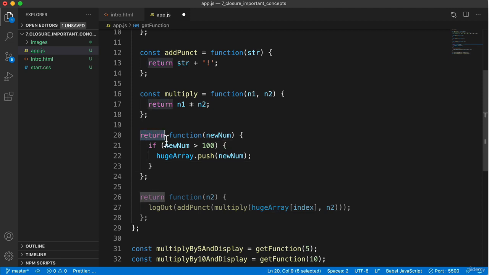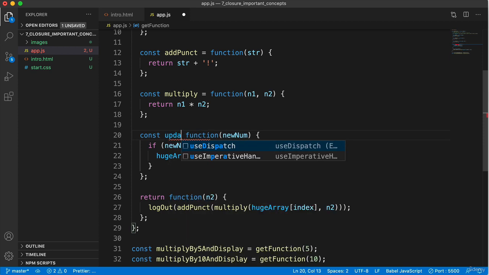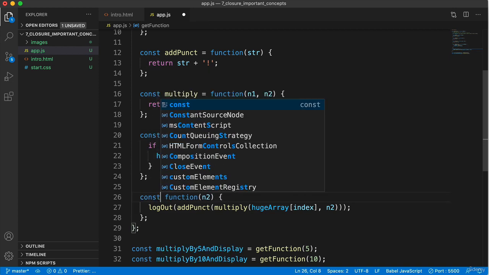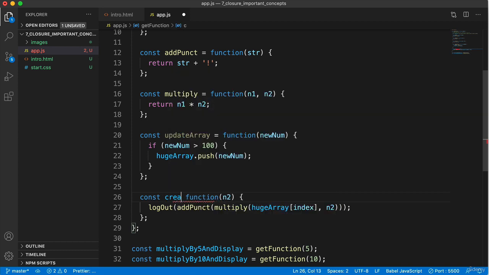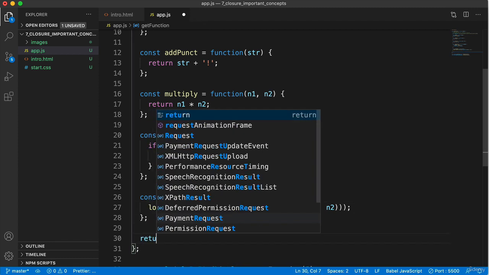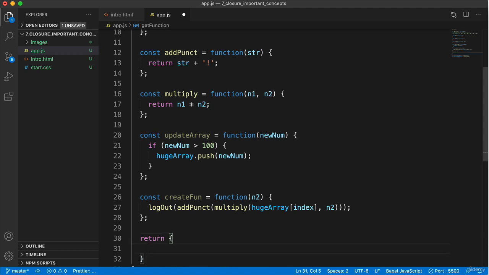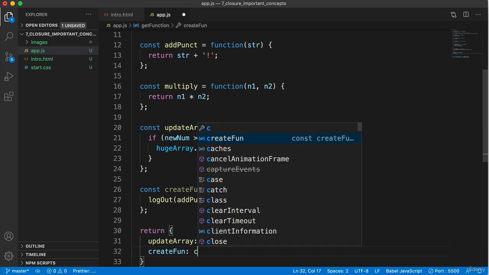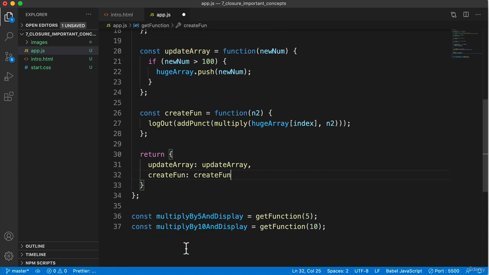So if we just change this function to update array like that, and we change this one to create function like that, we could then return an object, and we'd have update array and create fun. They would both be a part of that object,